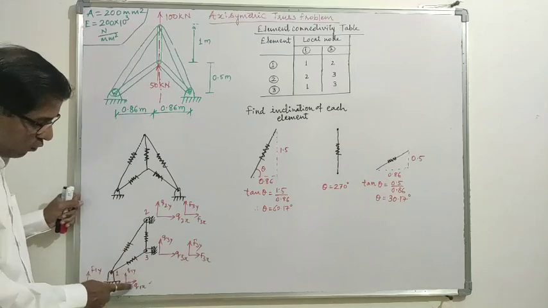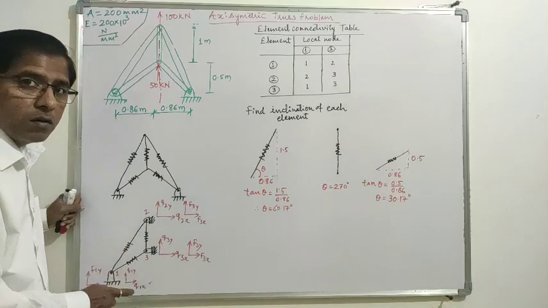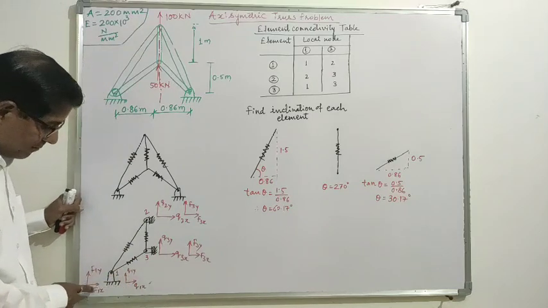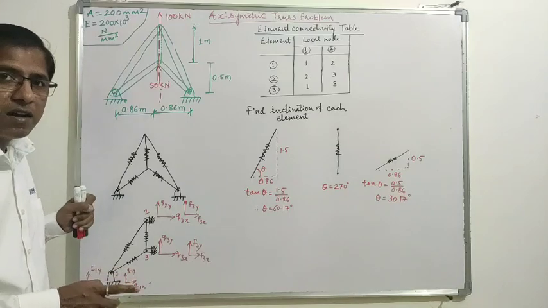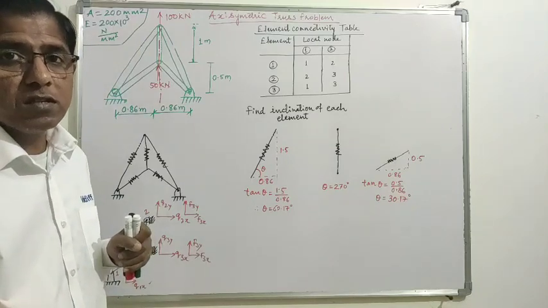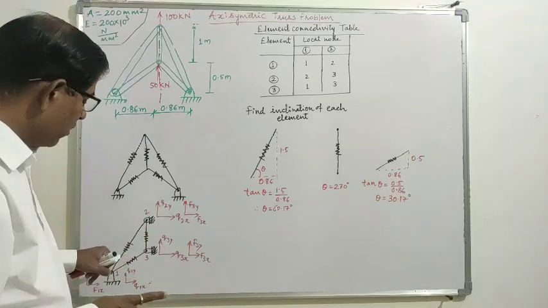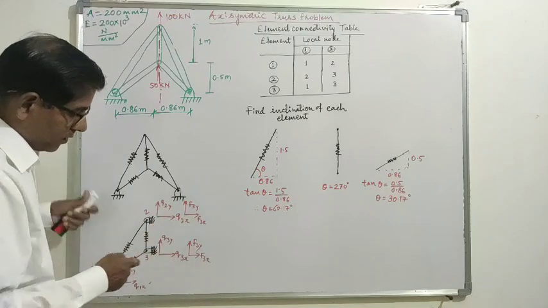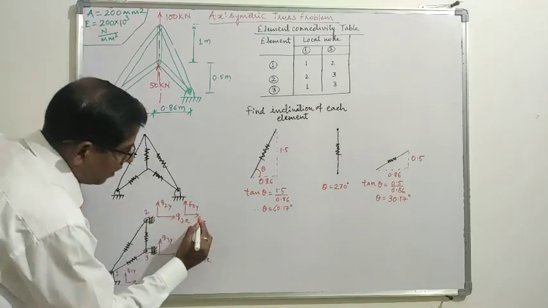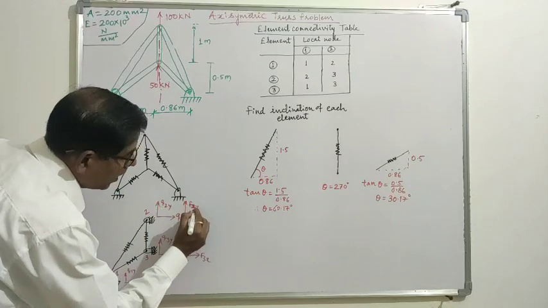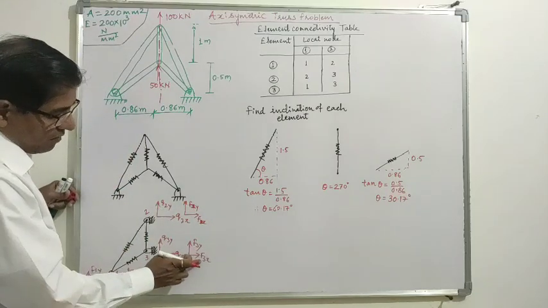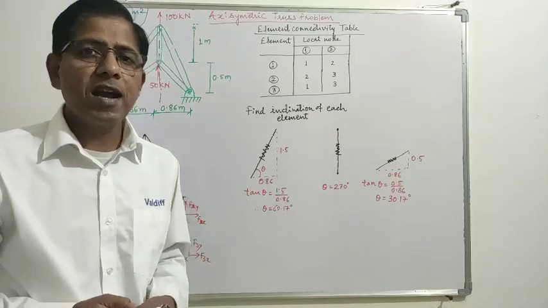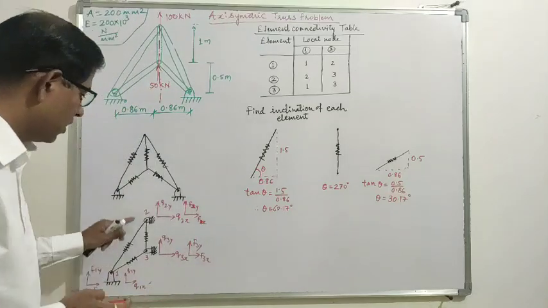Okay, so Q1x, Q1y are the two global displacements in two mutually perpendicular directions. Similarly, F1x, F1y are the two mutually perpendicular forces that we are considering at node number 1. Similarly, Q2x, Q2y, F2x, F2y, Q3x, Q3y, F3x, F3y. So these are the displacements and forces that we are considering at the three nodes, node number 1, 2 and 3.